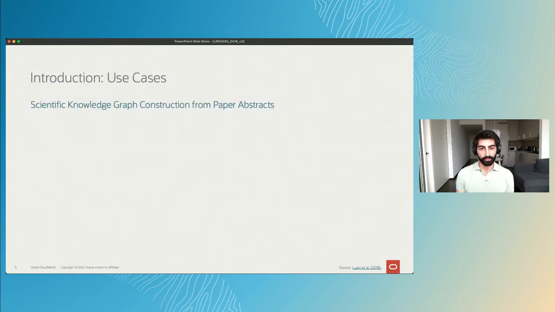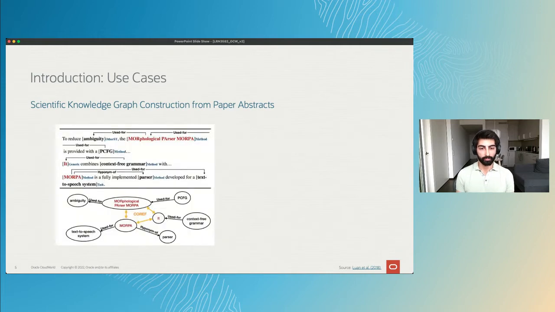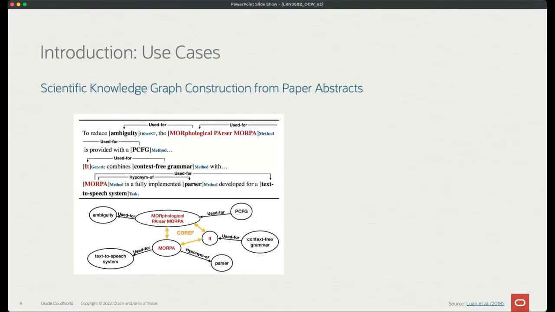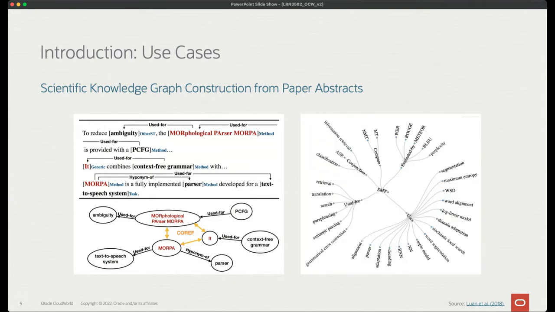Here's some example use cases. Let's start from the literature. There was an effort in 2018 by this research group to obtain a scientific knowledge graph by reading paper abstracts and parsing them automatically. So this looks like this. By reading an abstract of a scientific publication and specifically detecting what techniques were mentioned in this paper and what they were used for and what techniques were used for these techniques, they were able to obtain graphs of each scientific paper abstract. And by combining these graphs from different scientific papers, they were able to get these high-level views